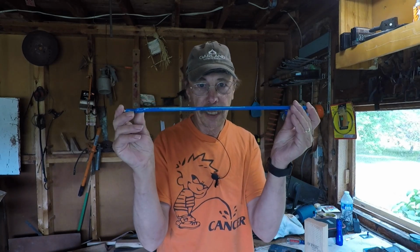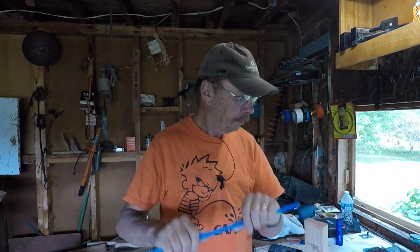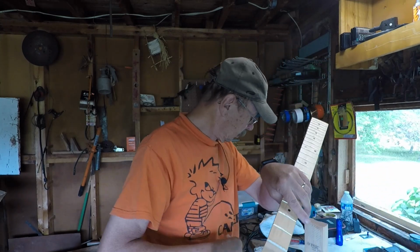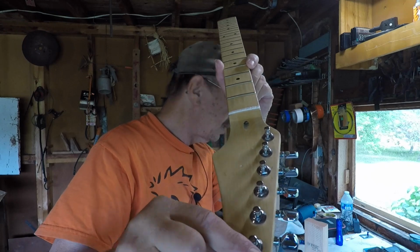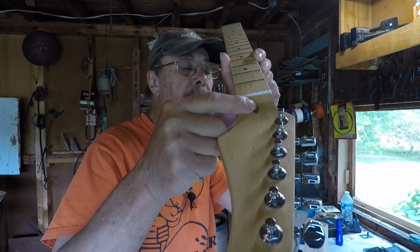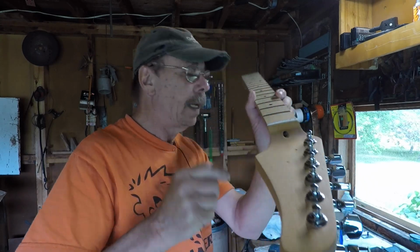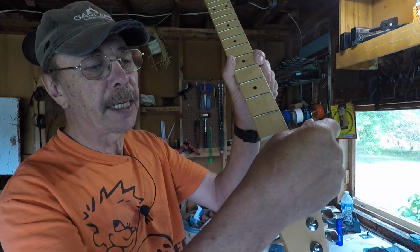Okay, so the next thing I need to do to my neck is put a truss rod in it. This here is a metal truss rod. And what it does, it keeps the neck straight. Like if you can see this hole right here, there's a truss rod like that in there, and there's a wrench I can take,